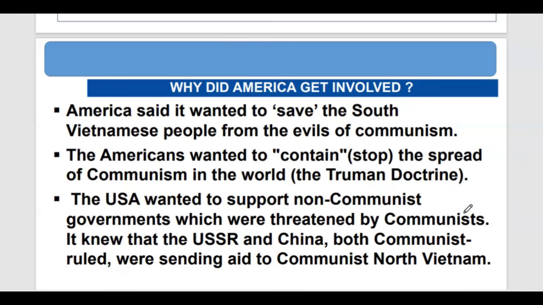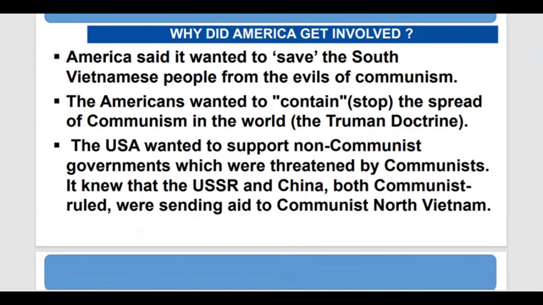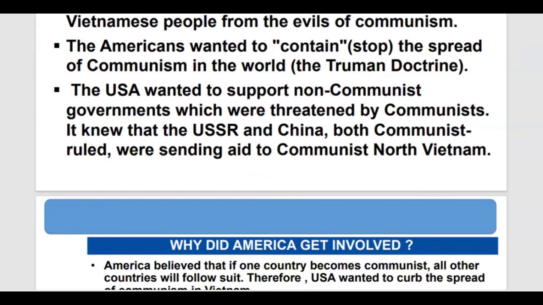And then the USA wanted to support non-communist governments which were threatened by communists. It knew that the USSR and China, both communist ruled, were sending aid to communist North Vietnam. So they were also fearing that North Vietnam was a threat in the region because it was getting support from the USSR and China. So they felt they were supposed to defend and protect other countries in Southeast Asia from any attack from North Vietnam. North Vietnam was getting military support and also financial support, and was a threat to other countries